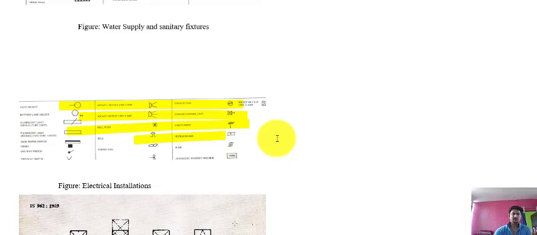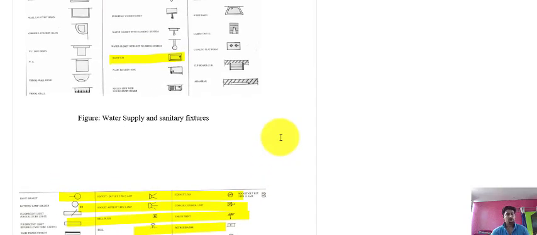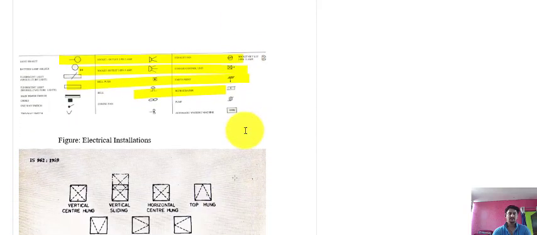If you indicate all the symbols in the drawing, there will be no confusion. The person reading your drawing will easily understand what you want to provide. Suppose this is a bathroom, and you want to provide a bathtub, so you have provided this type of symbol. Similarly, a water basin here, or a urinal in the toilet, and so on. You can show all this with the help of symbols.